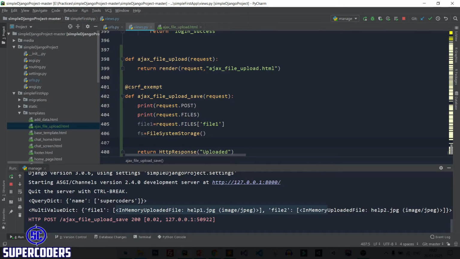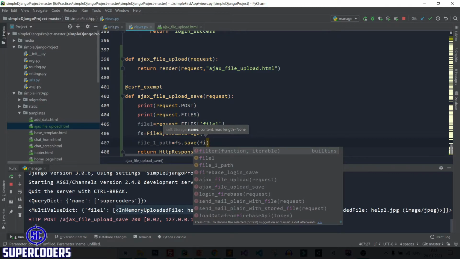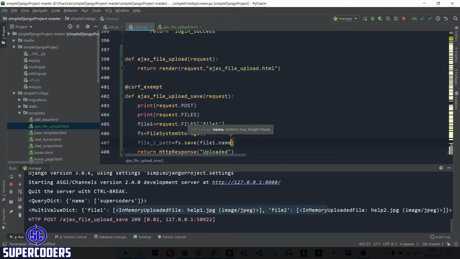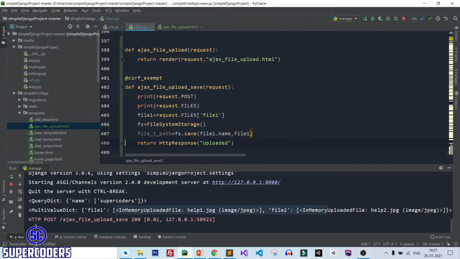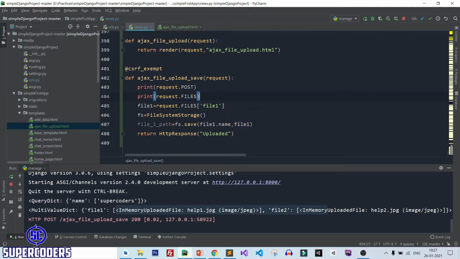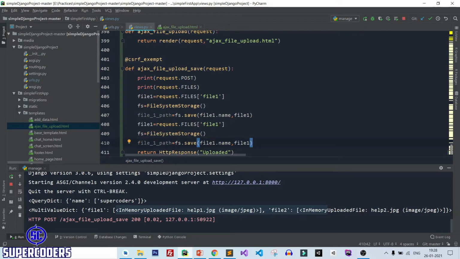After that, file1 underscore path equal to fs dot save, and here you have to pass file1 dot name, then you have to pass the file object, so comma file1. After that, again copy the same line, paste it, and this time remove this